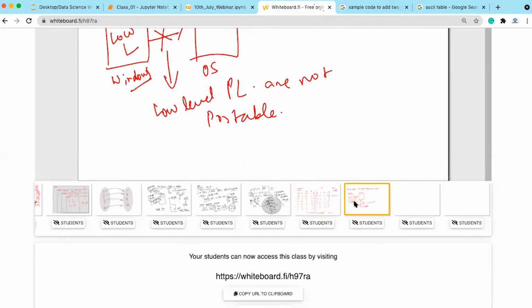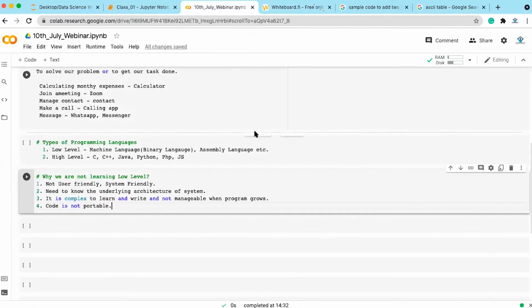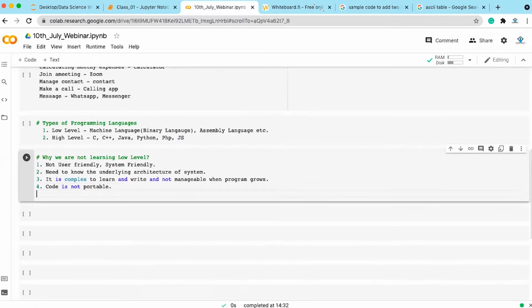Okay, so we have understood that low-level programming languages are not portable. Now let's come to the next topic, number 5. Low-level programming languages are not expressive. When you say it is not expressive, what do you mean by this? Not expressive means you have to write huge lines of code just to write